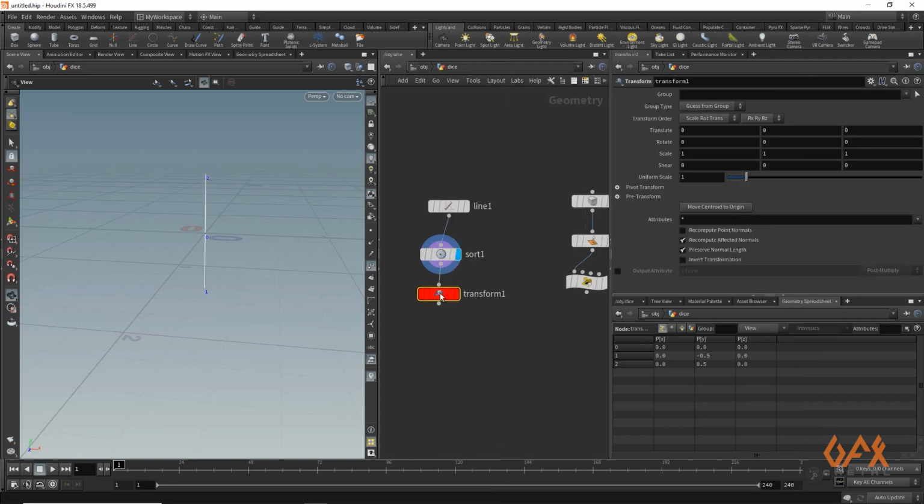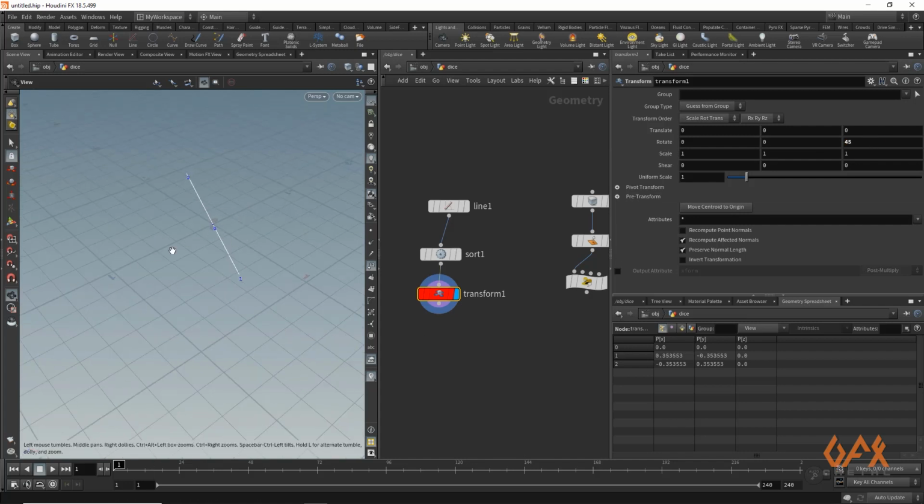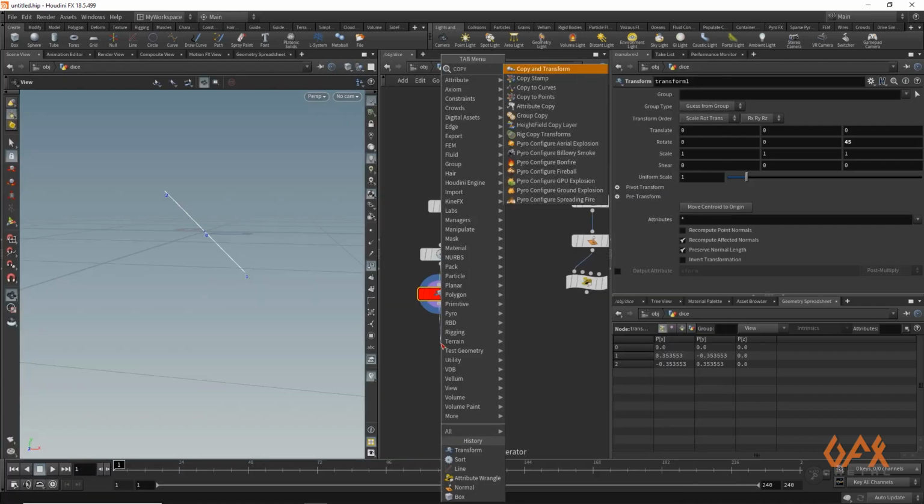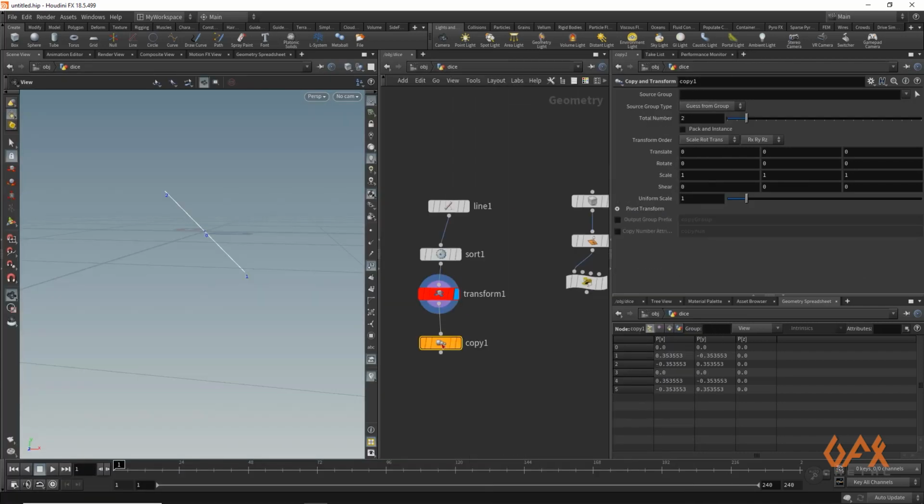Okay, so now this pattern is very important, and in rotation I just apply 45 degrees. Okay, so this particular stuff should be directed towards Z. That is preferable, because we need to align, or we need to basically copy that particular stuff onto those faces. So for that reason we need this. Okay, now what I prefer, I just apply one copy and transform over here,